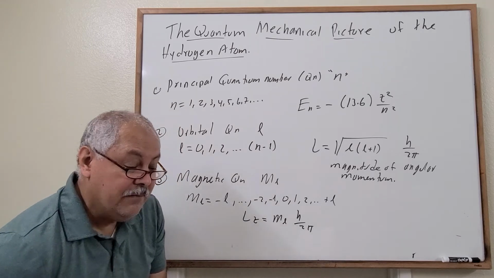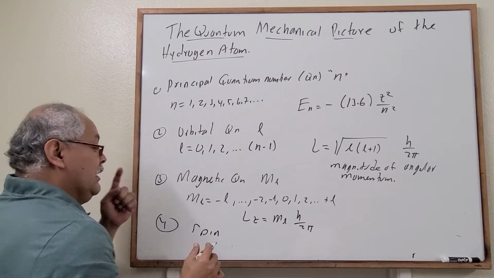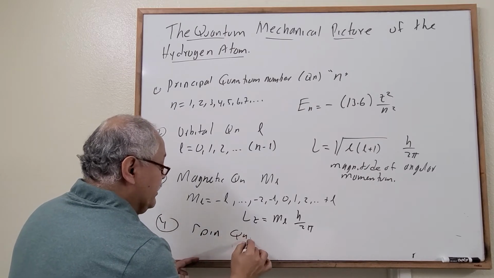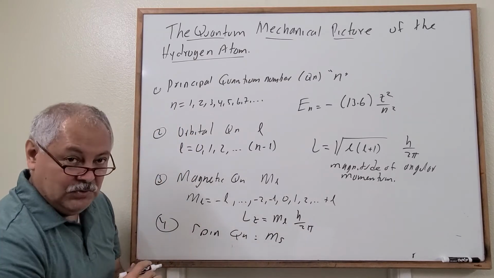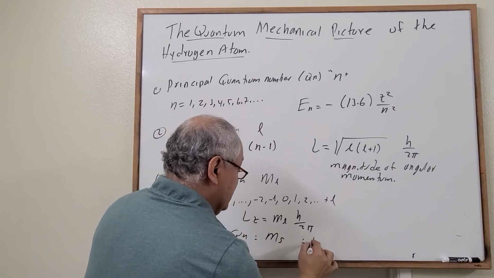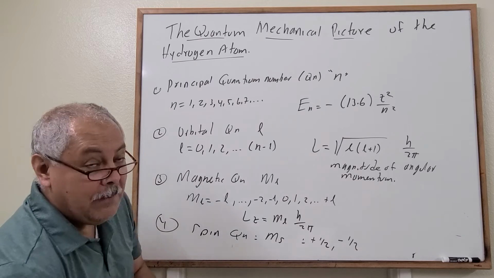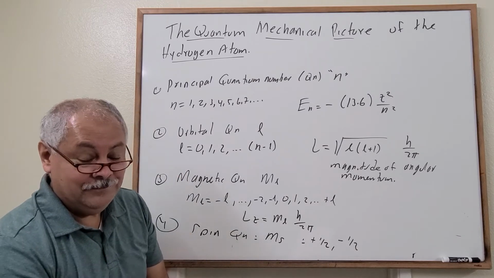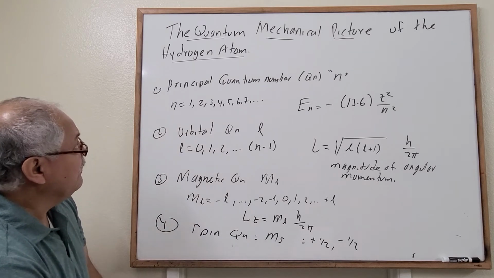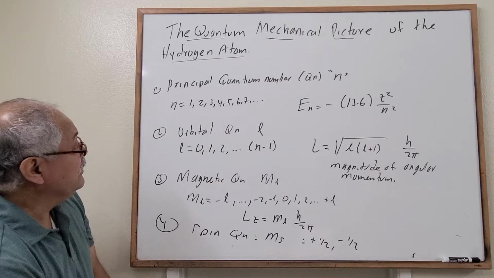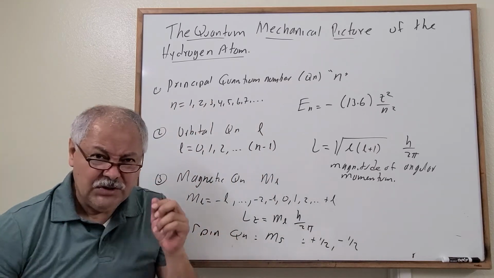And finally, we have the spin quantum number. We can use ms. It has only two possibilities: plus 1/2 and negative 1/2, or up and down. It's the same meaning. Okay, perfect. Again, this is another way we can describe the hydrogen atom. Now let's go to the case when we have